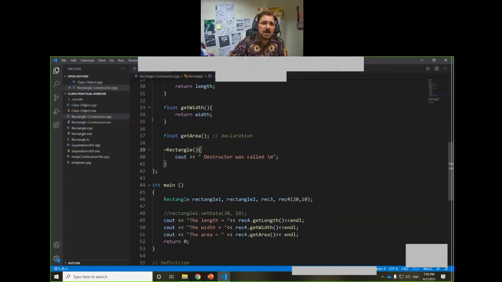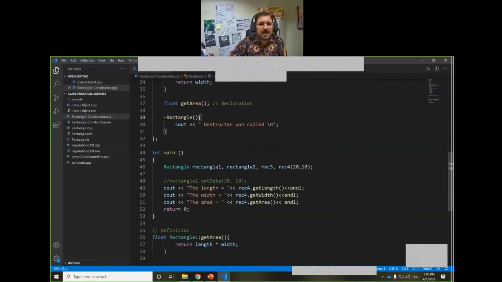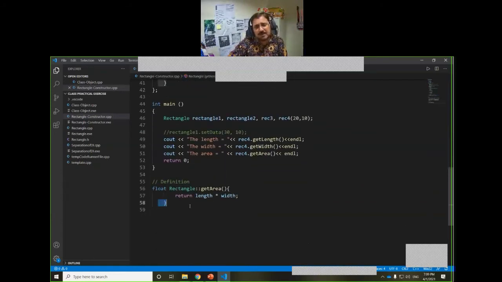When the program runs line by line and reaches the end of the program, or when we close the program, then before closing everything, the system will automatically call the destructor and all the memory will be taken back. The memory will be released.